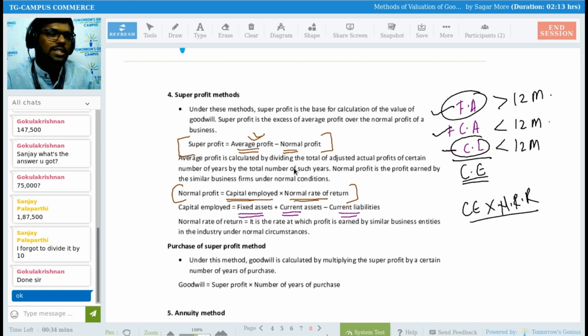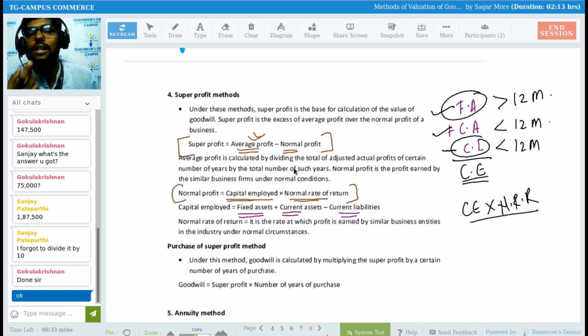So, sir, if that person is earning 10%, now we are in the same industry, the evening spot business, right? So I am also expecting that I should be earning 10%. Suppose, Sanjay, you are thinking, sir, you gave me 5 lakh rupees. If I'm not starting this evening spot business, I would have invested this 5 lakh rupees in the bank, and the bank would be giving me how much? 12% return, right, on my 5 lakh rupees of investment. Gokul, you are thinking the same. Sir, if I'm not starting this business of evening snacks, I would be investing that in the bank, and I will be earning a 10%, 12% return.